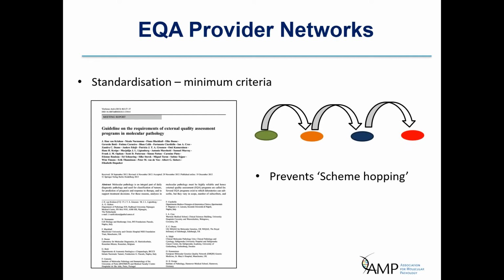Anecdotally, and there is some evidence available, but not published obviously, of laboratories wishing to pass EQAs will scheme hop between the different EQA providers if they have performance issues. Many EQA providers will monitor regularly, as I've been describing, but if you only participate in one scheme for 1 year, 6 months later you register with a different scheme, and then 6 months later you move on again, that continual monitoring will never hit the fact that there is a fundamental issue in the laboratory,